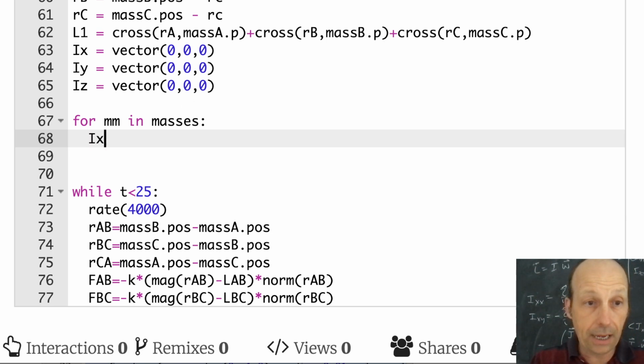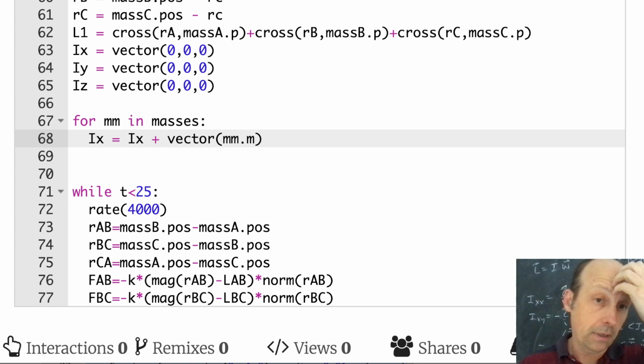So Ix is going to be equal to Ix plus the vector. This is kind of weird, but in the x direction, I'm going to take the mass, which is mm.m, times the x component, which is going to be times